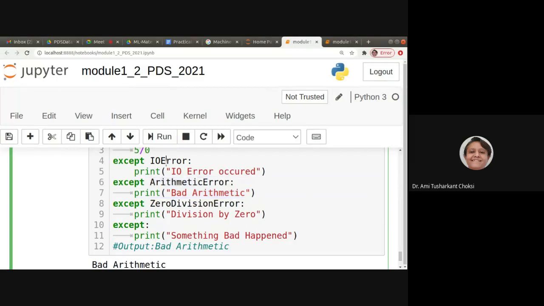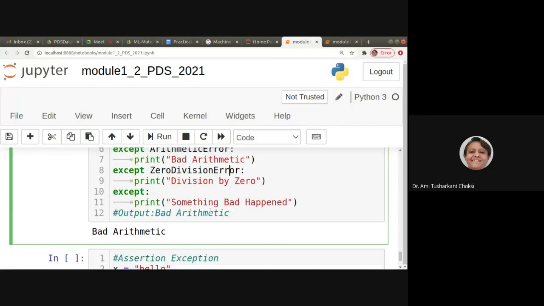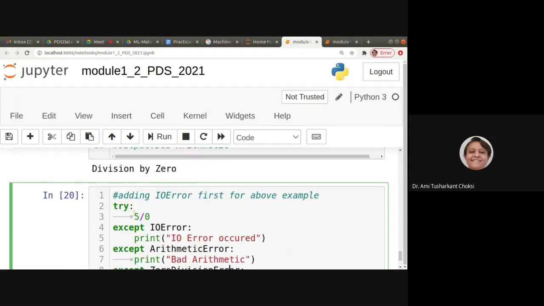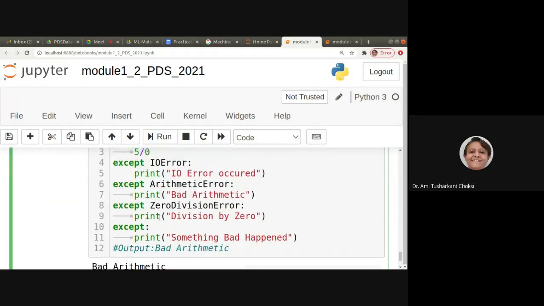IO error has nothing to do with this 5 by 0. So it is not dealing with the code which is there inside this except IO error. Fine? But arithmetic error and zero division error both can occur for this, that is 5 by 0, right?